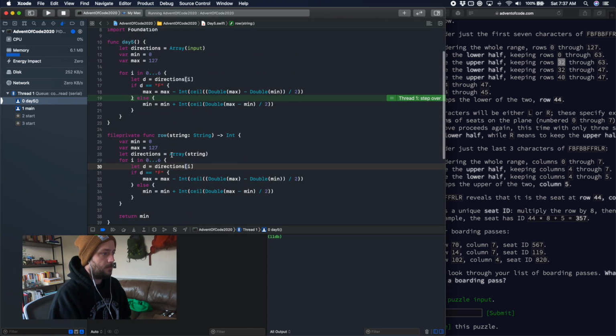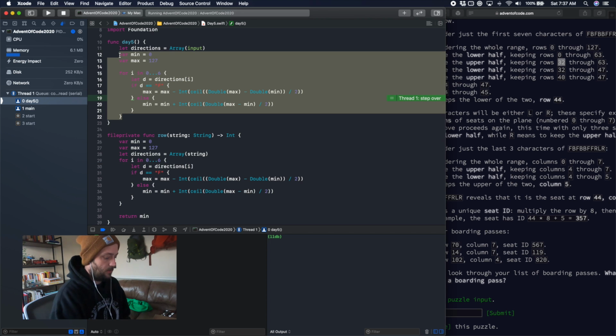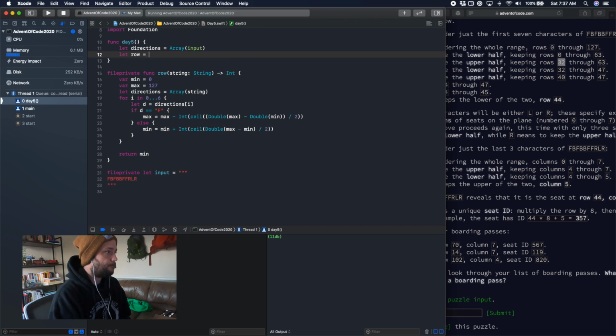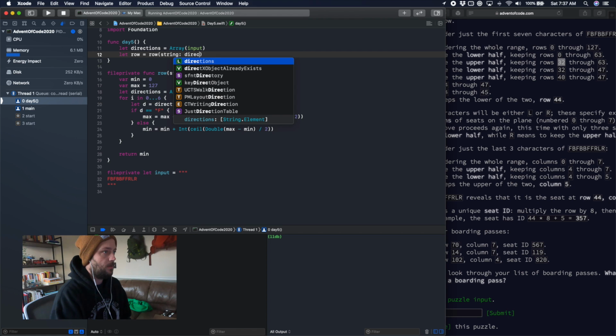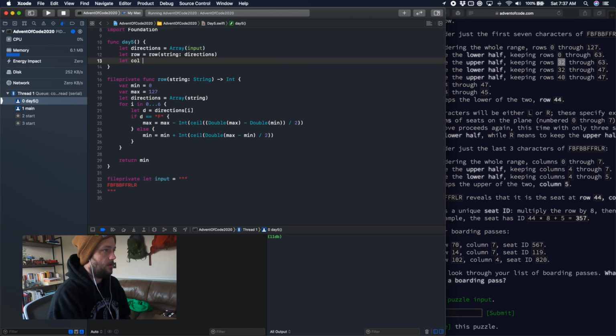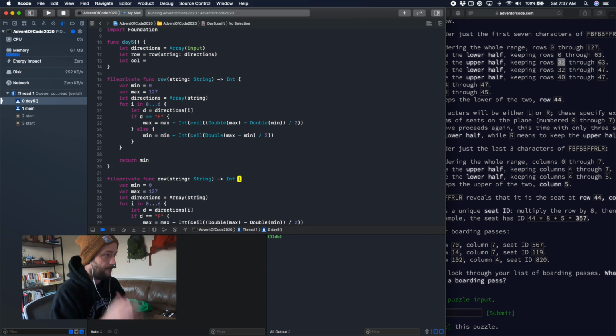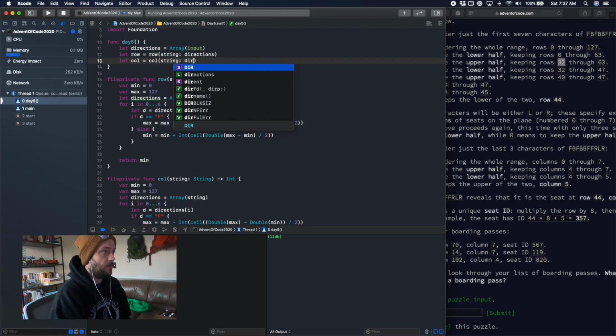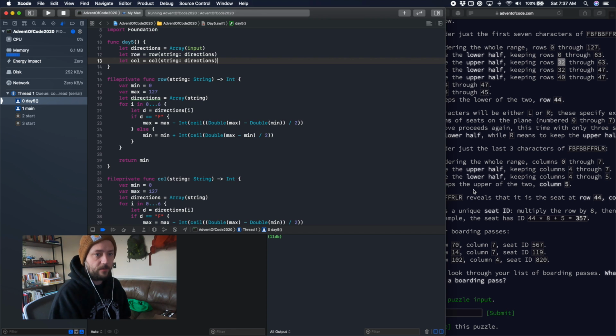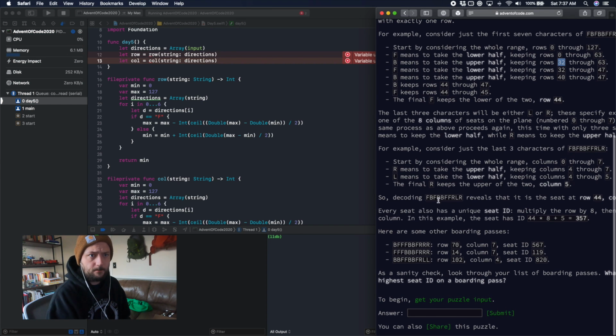Okay, so that will get us min max for the row. So row equals row for directions. Let column equal, and we're going to do basically the same function. Column equals column for directions. Okay, the difference though is, excuse me, the column is,